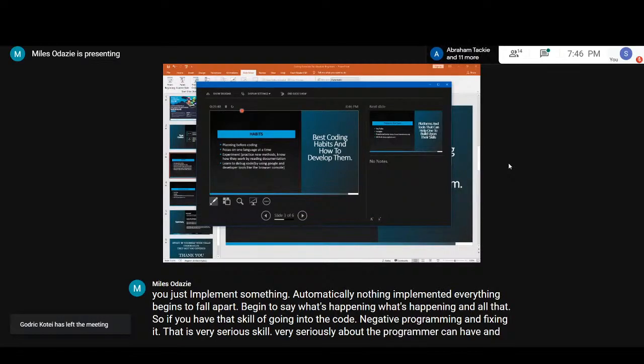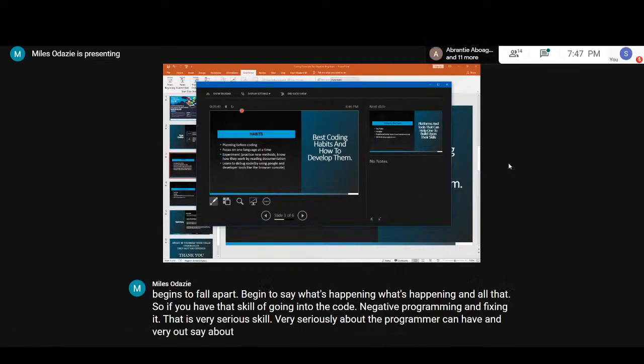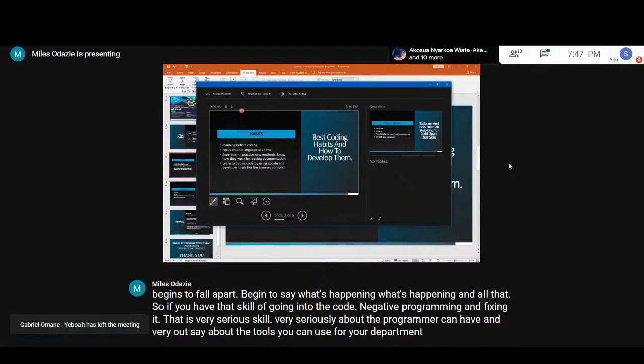And I would say about the tools you can use for your debugging and all that. But once you have that skill of doing documentation, you can start doing